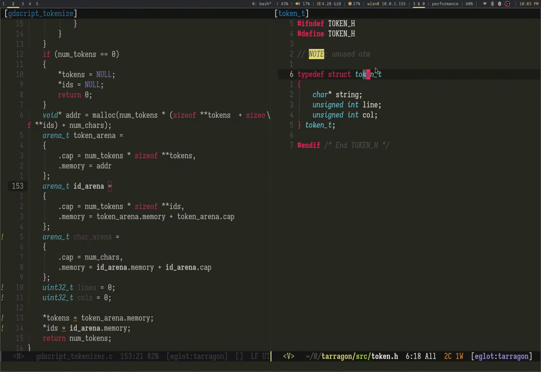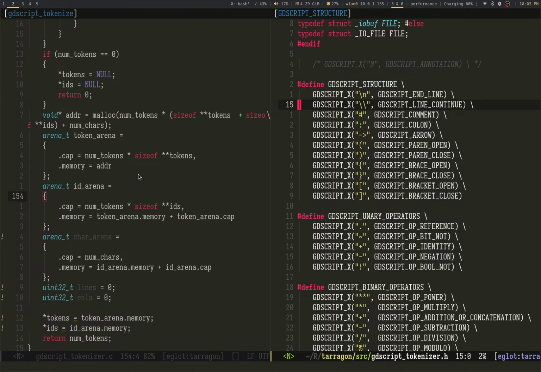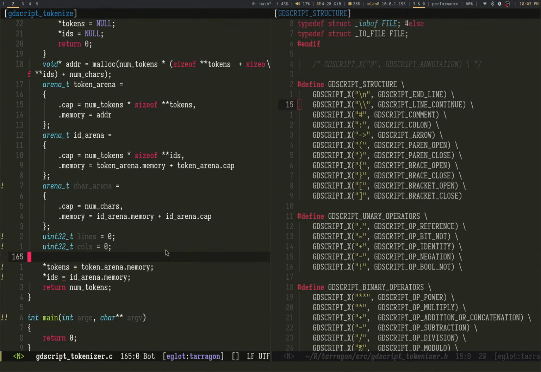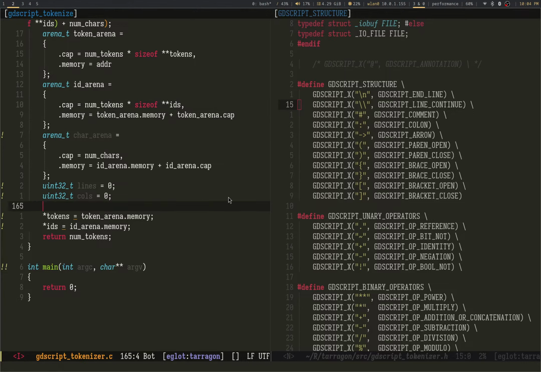I don't actually need the token per se. I can just iterate over IDs. So I'm going to keep token.h as is. When I wrote it, I can defend my positions.